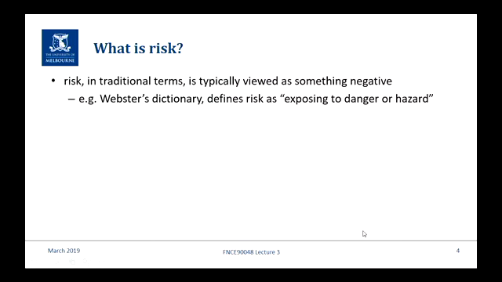All right, so I'm introducing risk, and I'm introducing risk at a very user-friendly level, right at the bottom floor, so that we can all go up together. Now, when we think about risk, and I'm not talking just about project finance or even your master's degree and the subjects therein, I'm talking about in day-to-day life. When you think about risk, you think about it as something negative. Indeed, the dictionaries tend to take that view, exposing to danger or hazard.